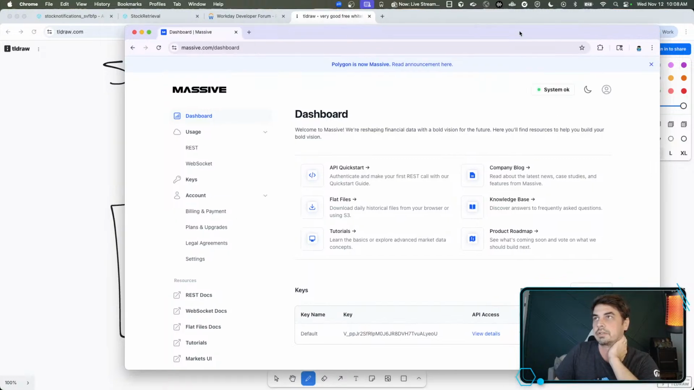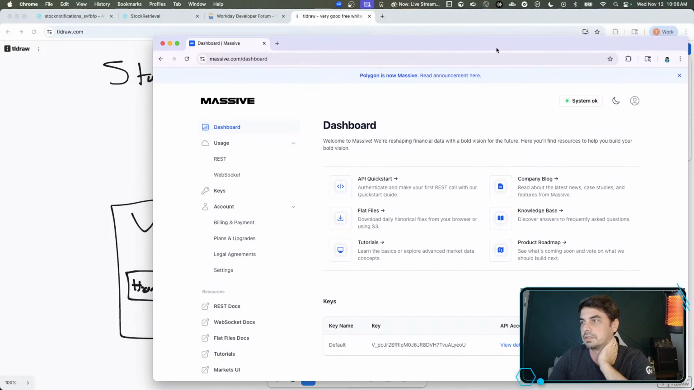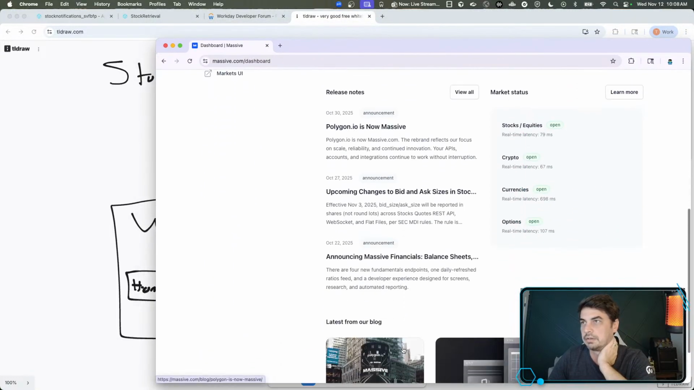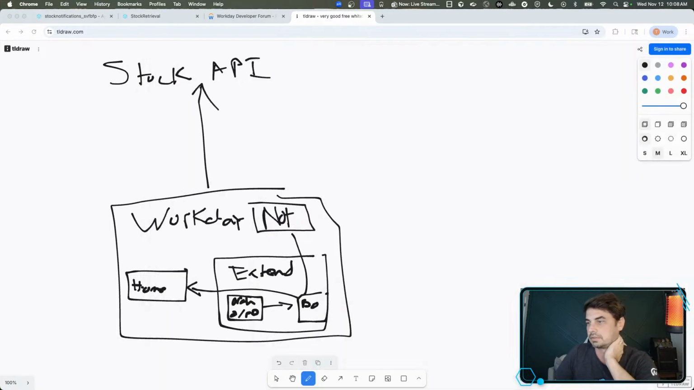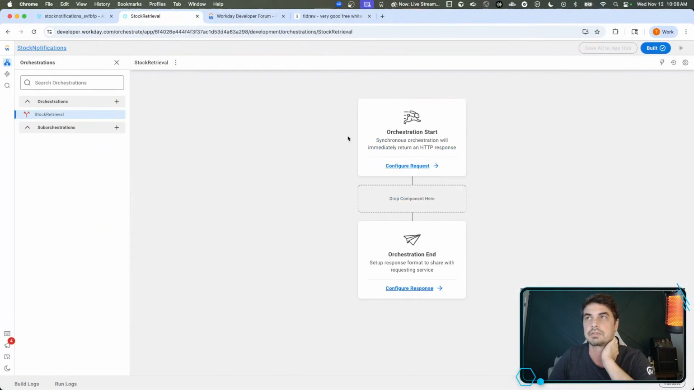So now I have logged in and created this API. I'm essentially going to need most likely an API key that will be able to call this. So if I jump back over to my orchestrations,